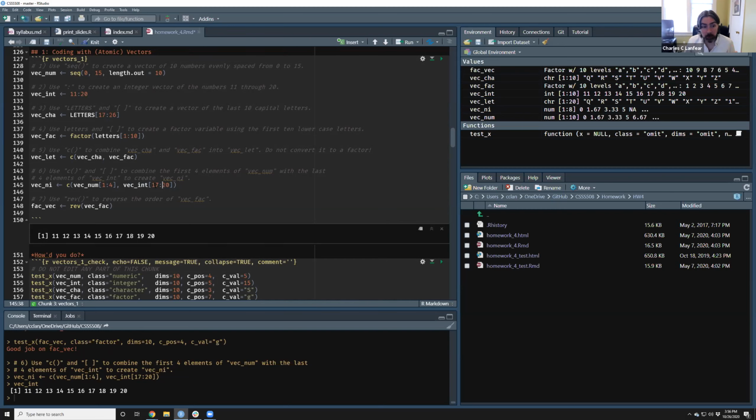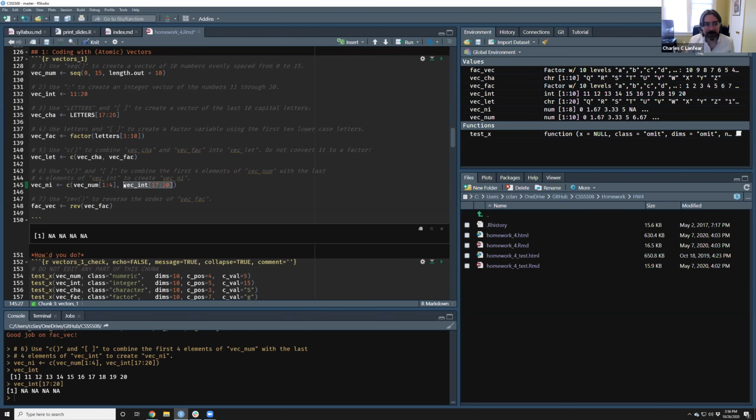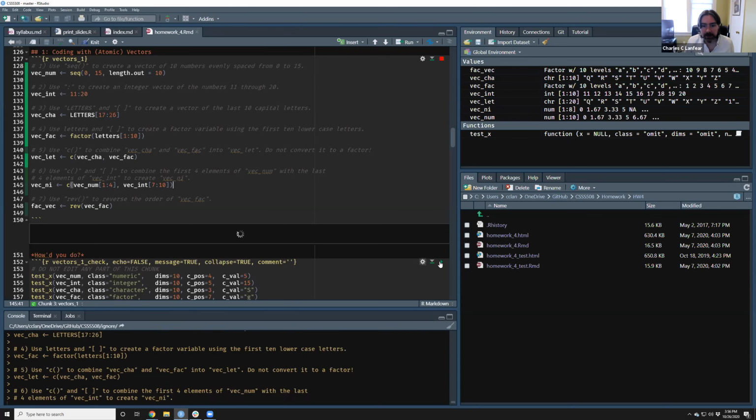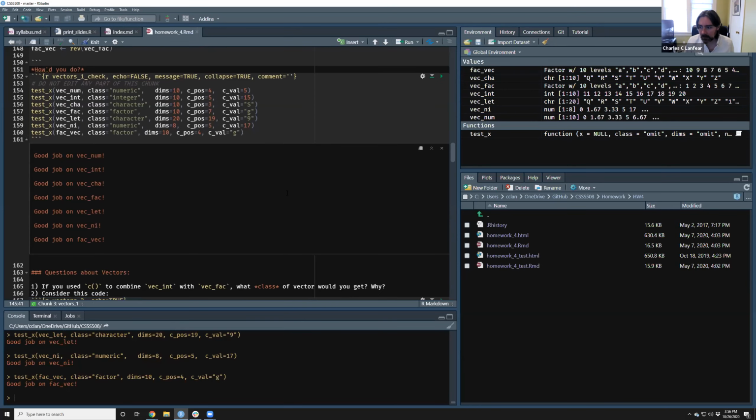The idea is that it's looking in the 17th through 20th position, but it doesn't find anything. So it says the 17th through 20th elements are missing, so it returns NAs. What was happening in your example is you were getting 4 NAs over here, and it was kicking an error my homework wasn't looking for. Okay. Run that, make sure this is good, and then good.